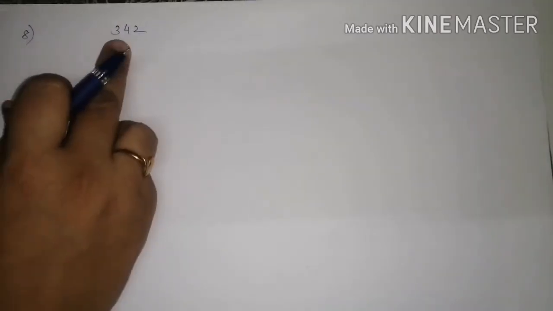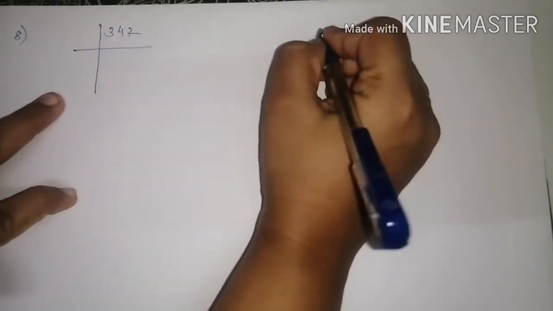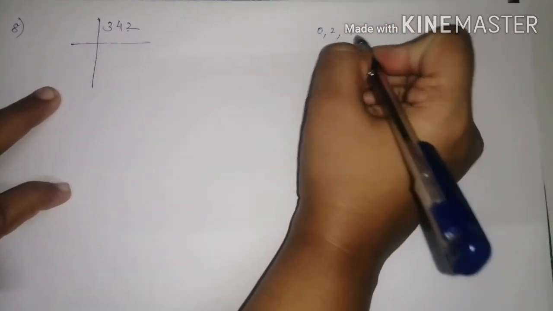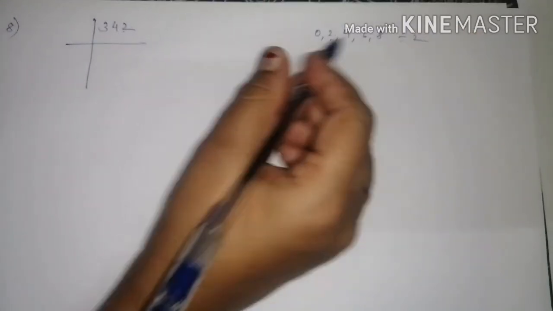Sum 342. Let's find out the factors of 342. Make the vertical arrangement and write the question here. Now the units place is 2. If it is 2 in the units place, these are the numbers that will get divided by 2. So 2 is there, it will get divided by 2.